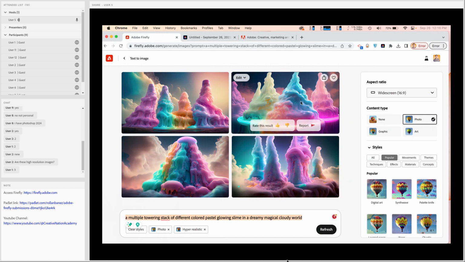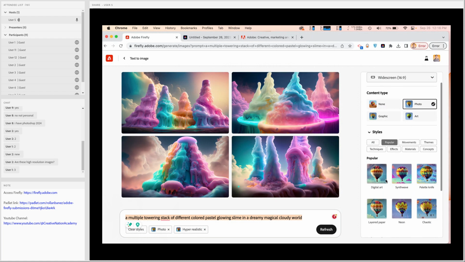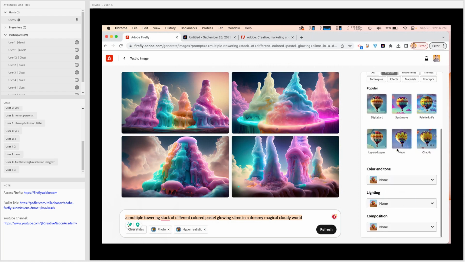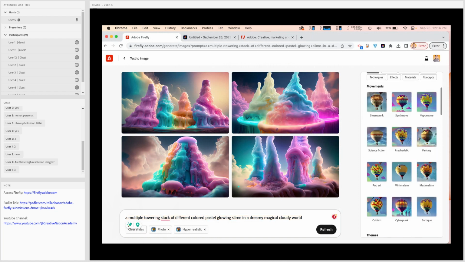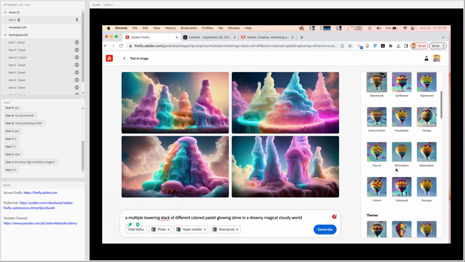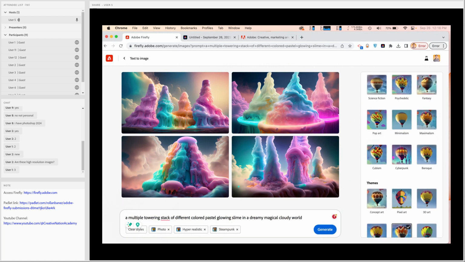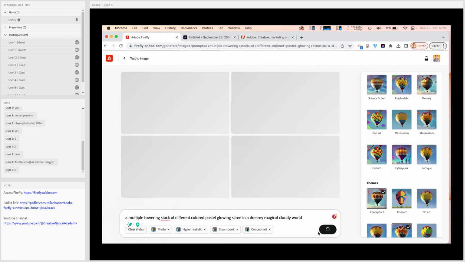Okay, so the next one is we have lots and lots of styles, as you would see here. If you want, you can click on a specific style. Let's say I want this to be like steampunk, for example, and yet I want this to be like a concept art. I can easily do that. Let's click on generate. Or if you want, you can easily type the actual style itself in the prompt.